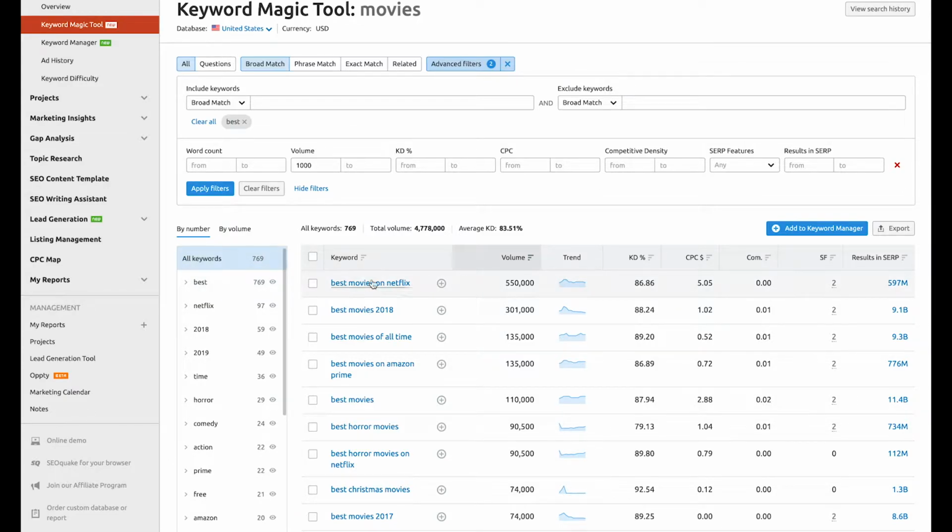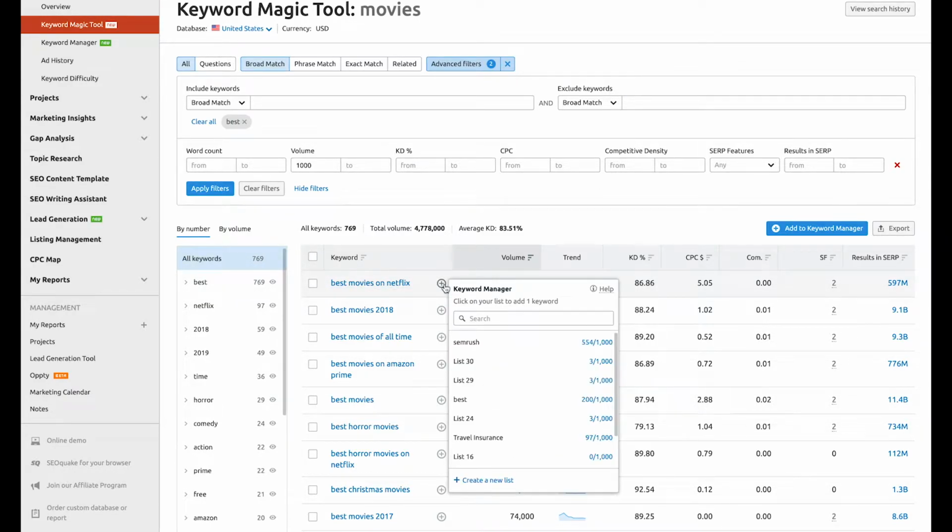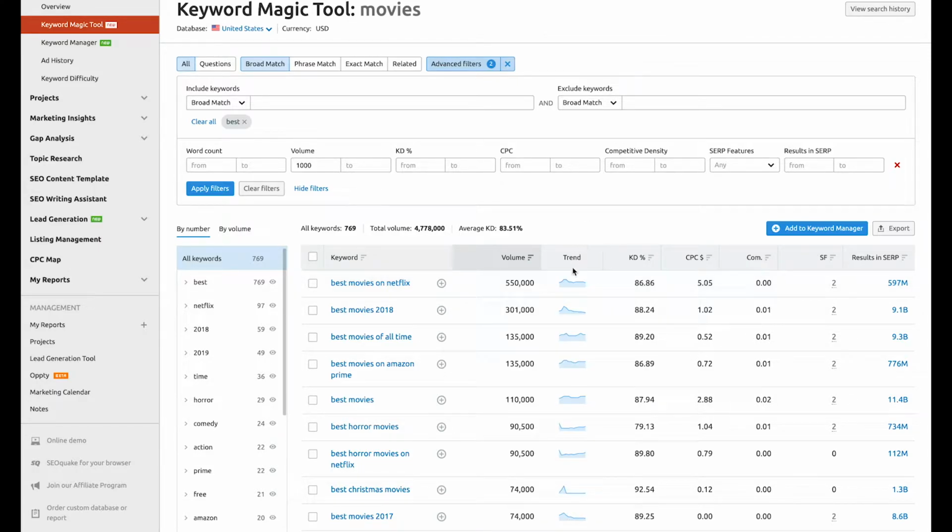which is a nice way to filter out all the weeds from the main keyword list. And if you're interested in one particular keyword, you can click on the plus icon right next to it and add it to the keyword manager list, which is a grand list of all the keywords that you're really interested in. But what is really interesting here is if you have a hub and spoke strategy in SEO,